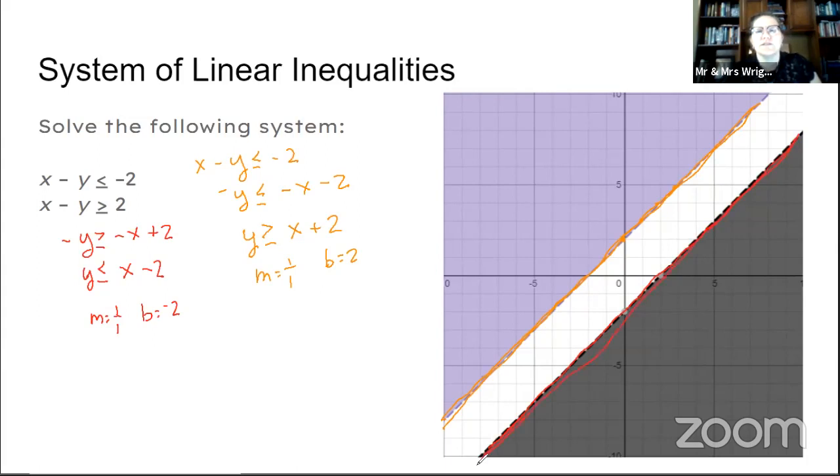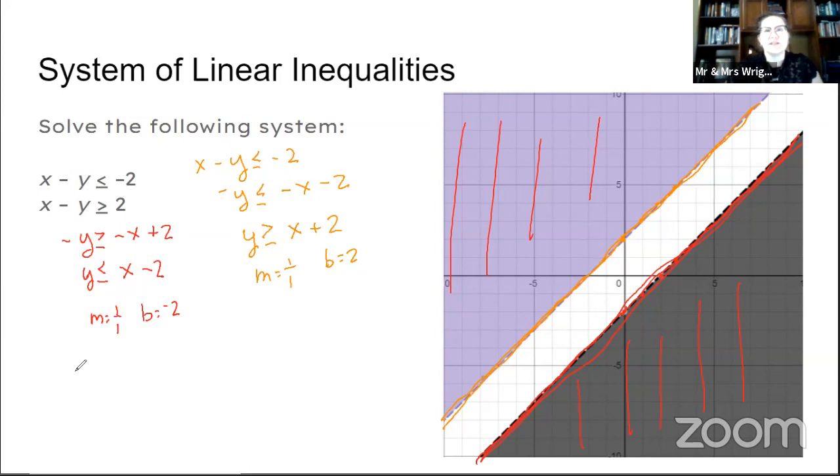Now, both of these are solid lines. We see that they're graphed correctly. This is at negative 2, and we go up 1 over 1, up 1 over 1, up 1 over 1. So these are definitely graphed correctly. And I've got 2 shaded regions, one right here and one right here, but there's no overlap. So what does that mean? Well, remember, we can actually have